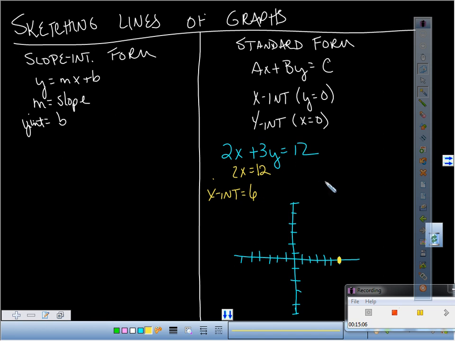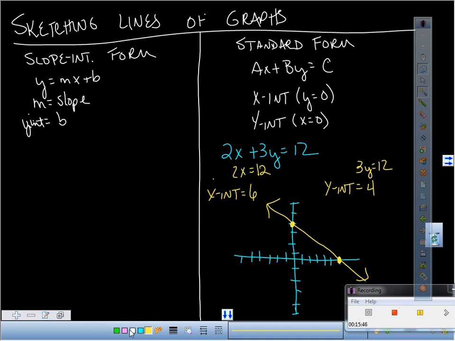Alright? Now let's find my y-intercept. For my y-intercept, I put 0 in for x. This goes away. I cover it up with my finger, and then it just says 3y equals 12. Solve for y, and what's my y-intercept? 4. So I'll go up to 4. 1, 2, 3, 4. And there's my line. Is that not easier than solving for y? Tons easier. Okay? Now, if they had asked me for the slope, I would have solved for y. Okay? But,